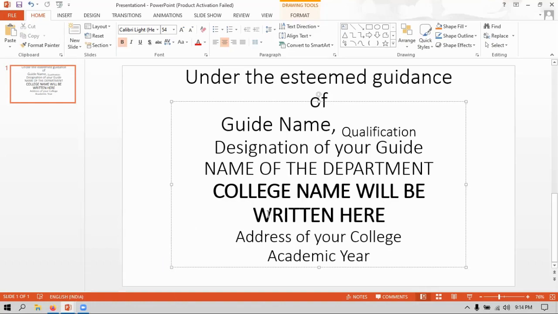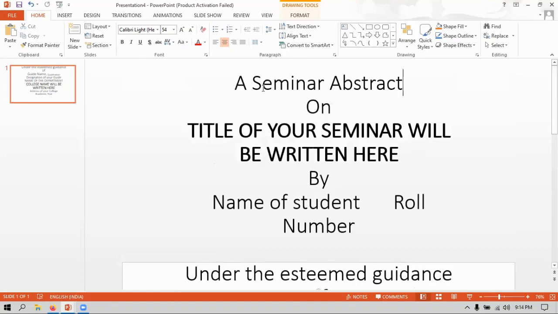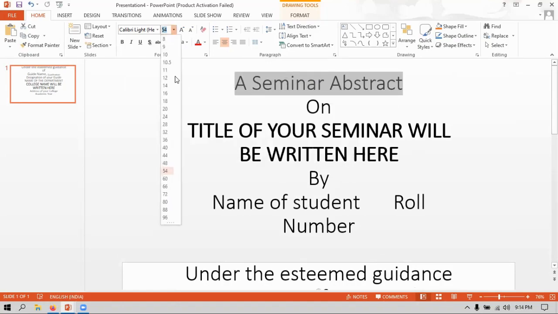So what I need to do is I need to reduce the size of this text within the text box. That means I need to fit the entire text in the text box. So I'm decreasing the font size. To decrease the font size, we can decrease line by line by selecting the line, and we have to select the font size here. Likewise, we have to do. But here we have one more shortcut I am using here. So we can use one more shortcut in order to decrease the font size.